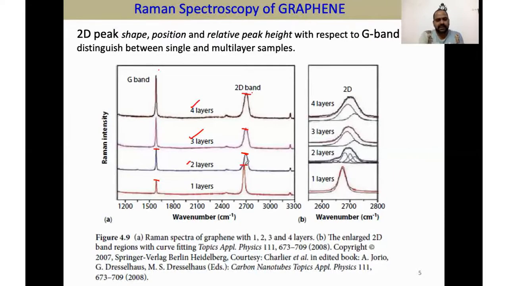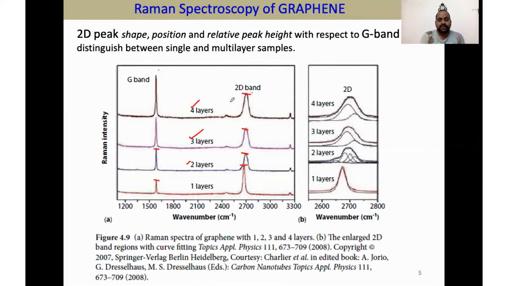And if it is just less than 1, 90% or 95%, then there are 2 layers. At 60-70%, this is 3-4 layers, and around 50%, then 4-5 layers. So we can get an idea easily just by doing Raman analysis, not even TEM, not even AFM. We can get a clear-cut idea about whether we have monolayer, bilayer, trilayer or multi-layer graphene. And the other point is about the defect.